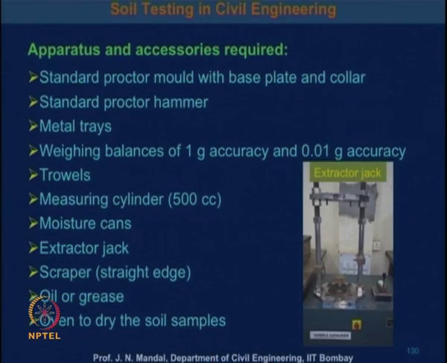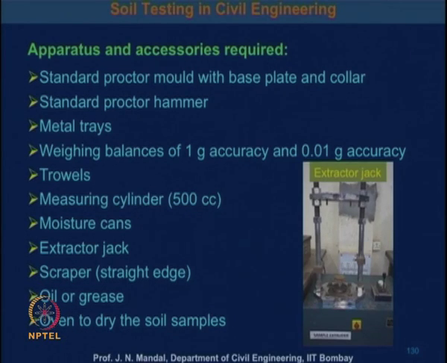This is the standard Proctor mold with a base plate and collar. You require the standard Proctor hammer, a metal tray, weighing balances of 1 gram accuracy and 0.01 gram accuracy, then trowels, and a measuring cylinder of about 500 cc,